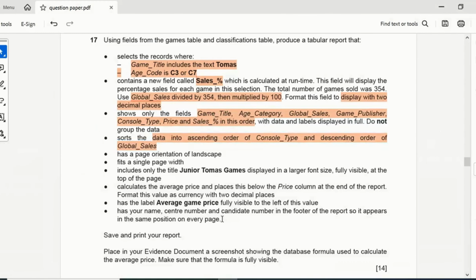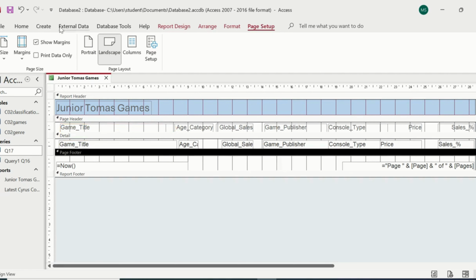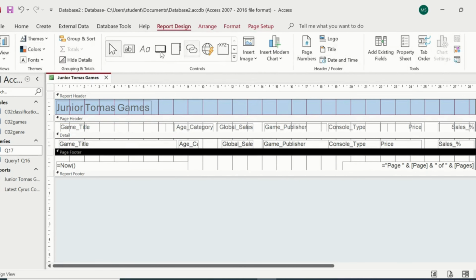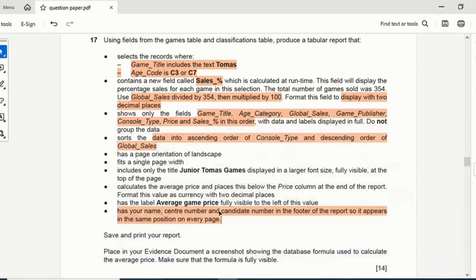So just make sure I'm going to do your name in the footer of the report so it appears on every page. So this one's important. You've got the page footer of your report. It needs to go in here. So you'll add in your label, put your name, number, center there, and that will appear on every page. You just put it somewhere so you can see it. Next question